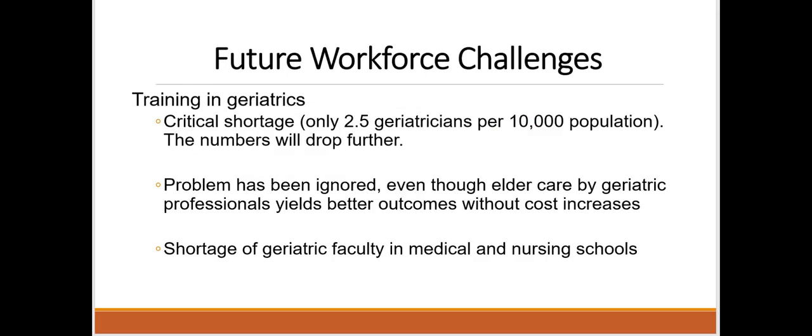All right, so there's a shortage of faculty in colleges and universities who are trained in geriatrics. Only 600 medical school faculty out of 100,000 list geriatrics as their primary specialty. 60% of nursing schools have no geriatric faculty, which is very interesting. Only 3% of medical students take any elective geriatric courses. In other disciplines, such as nursing, pharmacy, medicine, and dentistry, the majority of educational curricula do not require geriatric training.